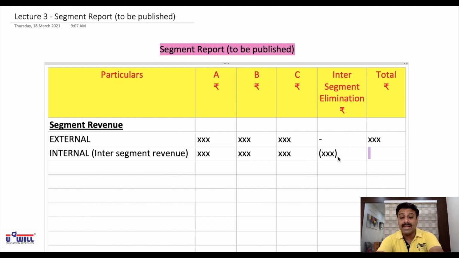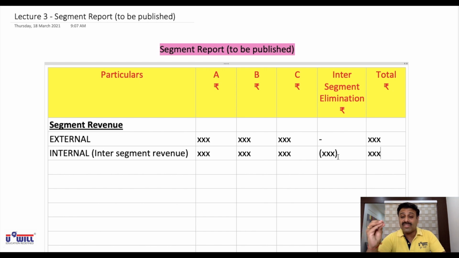Now why in inter-segment elimination will we subtract it? Understand it. As I said to you, the Ahmedabad branch will also include it in revenue. The Baroda branch will also include it in revenue. So finally, is the revenue earned for the company two times? Ahmedabad is selling to the Baroda branch, so they have to include it in their inter-segment revenue. Baroda is selling to the customer finally, so Baroda will include it in external revenue. Is the company earning the revenue from the sales two times? No, only one time. So what the company does when we make this segment report, they eliminate.